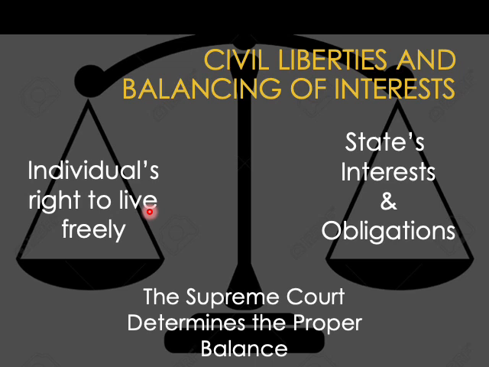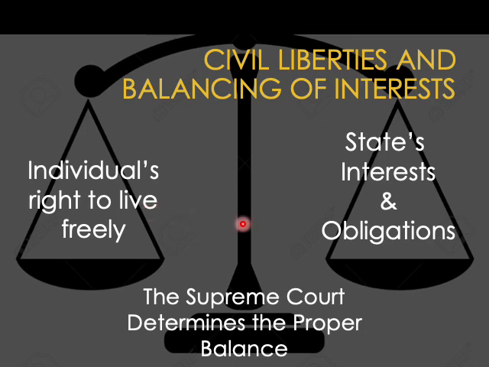However, there are definite limits that are placed on the right to live freely. Remember back when we were talking about Thomas Hobbes and the state of nature. And remember Thomas Hobbes said the state of nature was the state of war. The great thing about the state of nature is you could do whatever you wanted, right? You want to take somebody's property? You could. You want to run through the streets naked? You could. You could do whatever you wanted. Maximum liberty. But as Thomas Hobbes reminds us, nobody wants to live in that society, because it's chaotic and it's dangerous. And you're always looking behind your shoulder, behind your back. What's coming to get me, right?